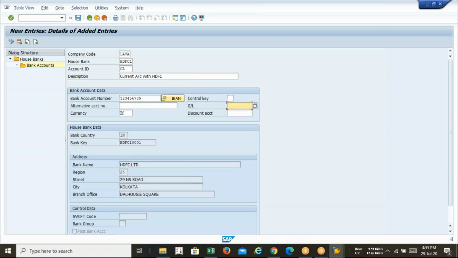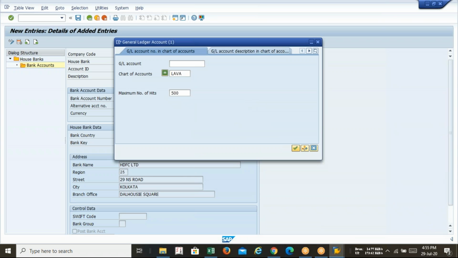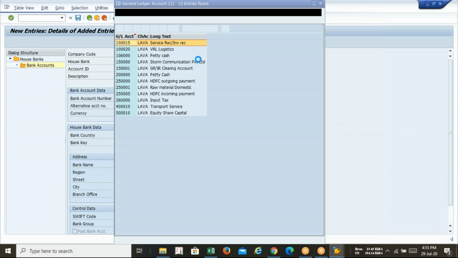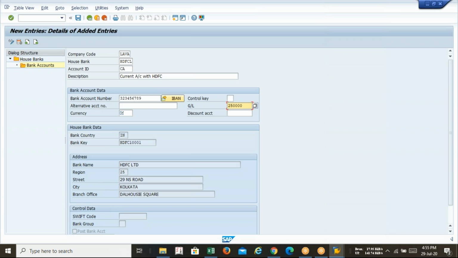This is called the assignment window of GL. So what is my GL? First I am going to share with outgoing. Currency should be INR. Enter.